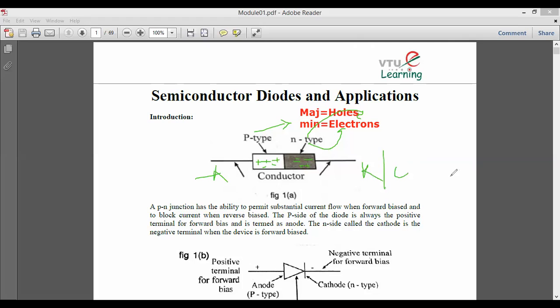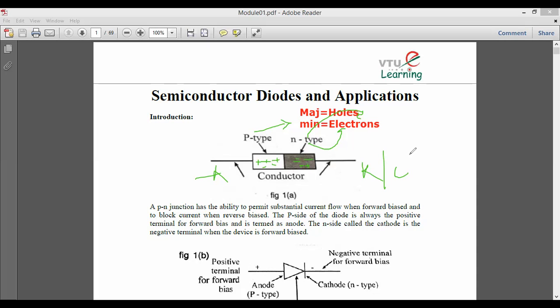You can write it like this also. Therefore, before trying to study the diode in detail, you should know the very basic minimum fundamentals before analysis of the p-n junction diode. Always remember, a normal p-n junction diode has two types of material: one is p-type material, another is n-type material. The p-type material and the n-type material are joined electrochemically.